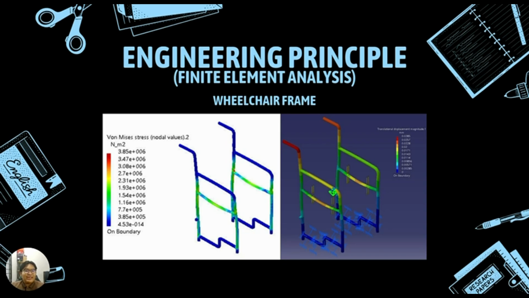Our goal was to validate the safety of our hybrid electric wheelchair using steel with a yield strength of 250 megapascal. Starting with the main frame, the backbone of the assembly, we applied a static load of 900 Newton representing the total weight distribution. The analysis shows a maximum von Mises stress of 3.85 megapascal. By comparing this to our yield strength, we achieve an ultra-safe factor of safety of 64.9. Notice in the simulation that the displacement is negligible at only 0.0285 millimeters, ensuring the frame maintains its shape under heavy use.